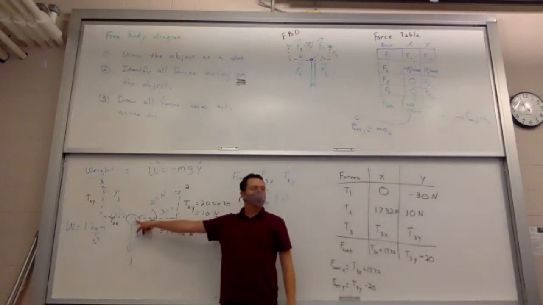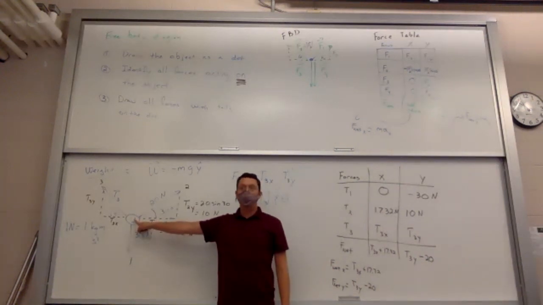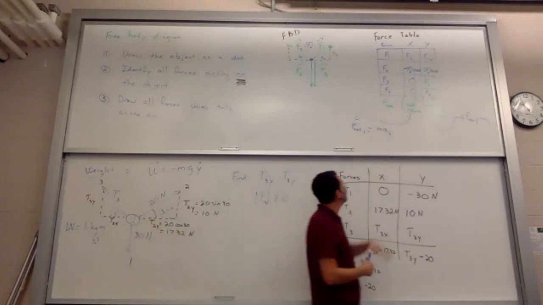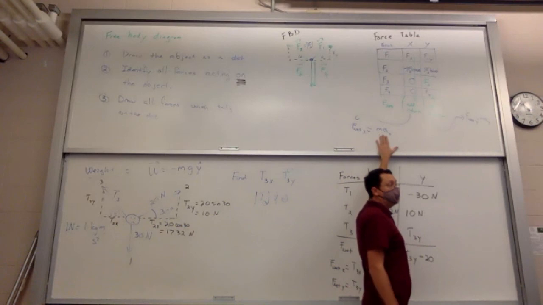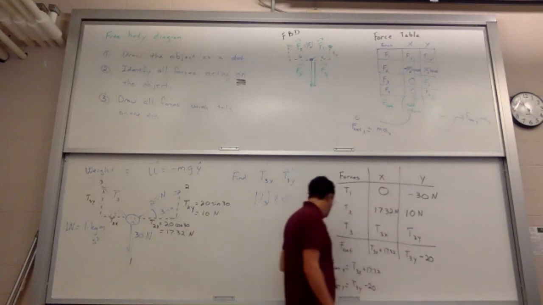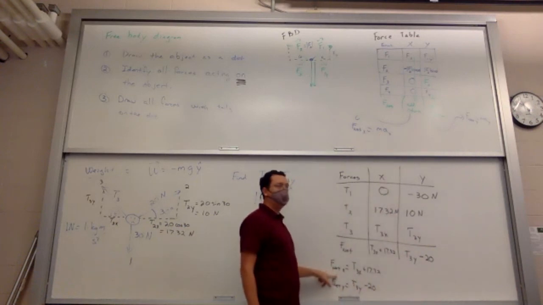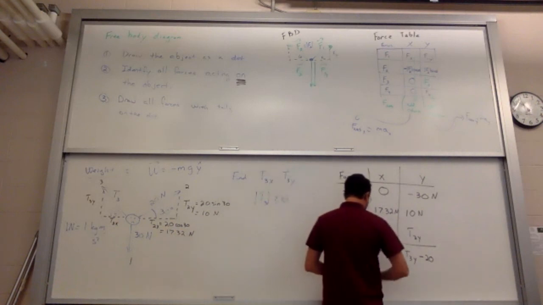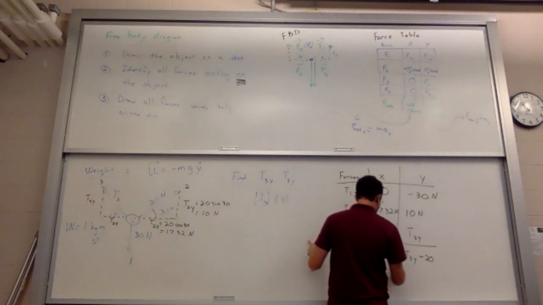What is this person's acceleration in the x direction? What do we say? Is this person moving? No. They're stationary. Their velocity is not changing either. The acceleration is 0 in the x and y. Therefore, this net force in the x direction must be 0. If the acceleration is 0, we get 0, and we get it for both x and y.